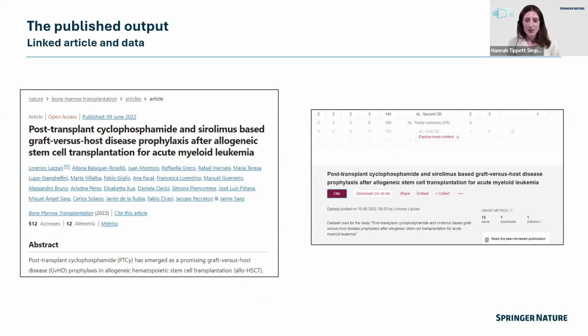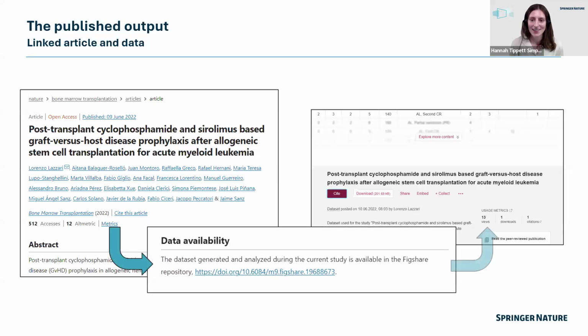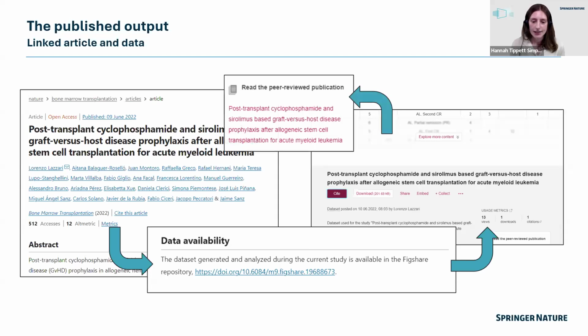What's also great about the system is the two-way linking between the article and the data set. In your data availability statement, you can include a direct link to your Figshare record.